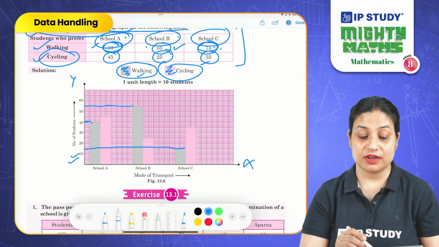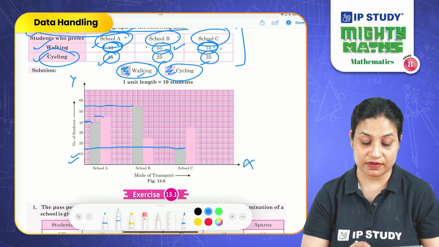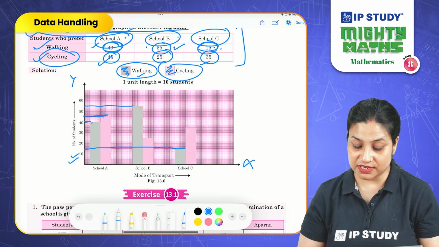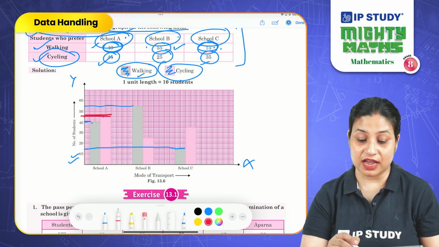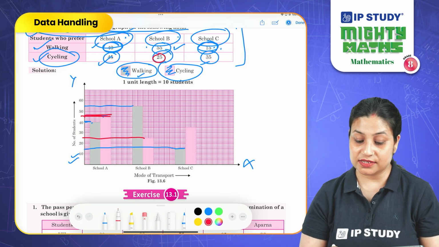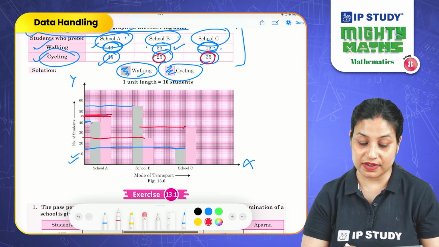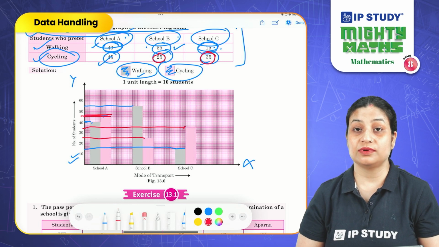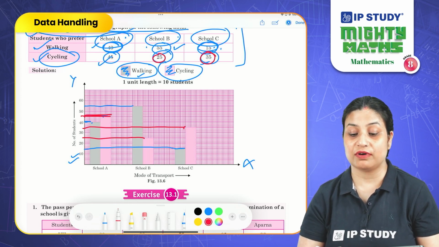In the same way, for section A, we have 45 students. So here 45 comes for this. Let me change the color. 45 is here, right? Next, we have 25 for section B. So 25 is here. In the same way, for section C, we have 35 students. So 35 is here. So dear students, this is how you can draw a double bar graph for a given